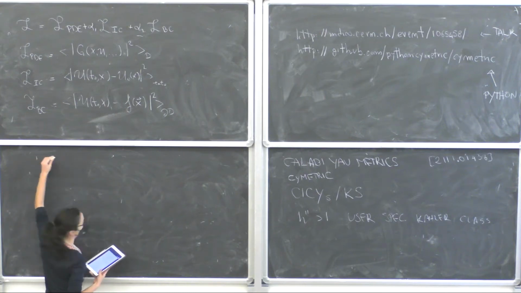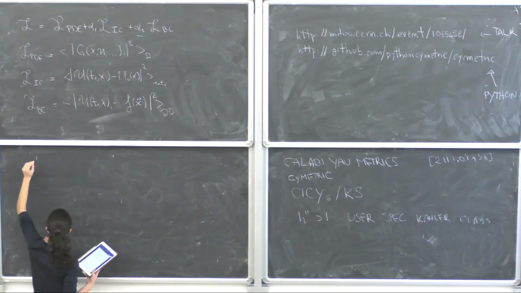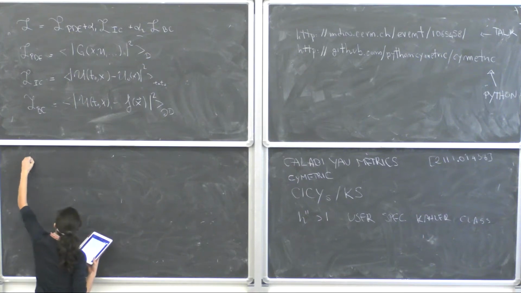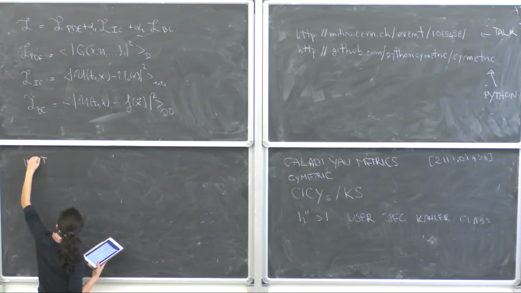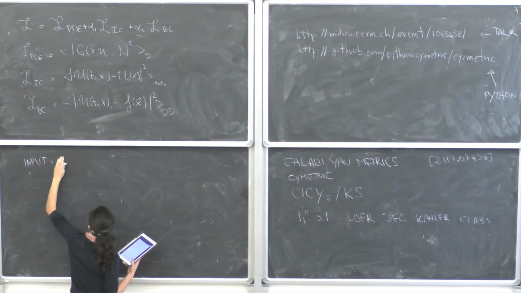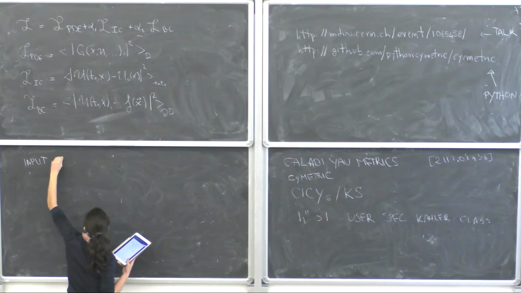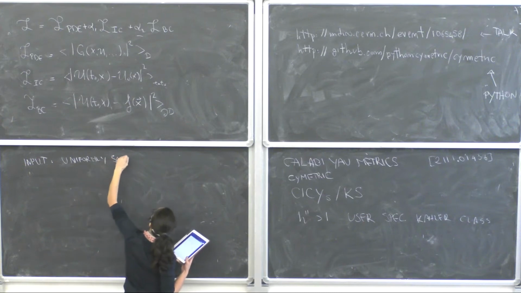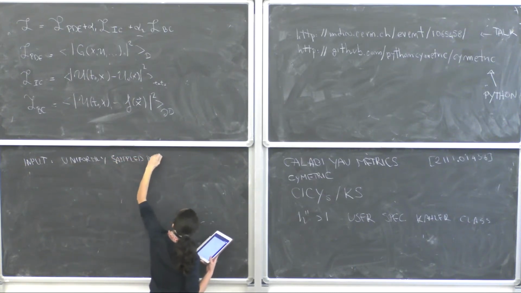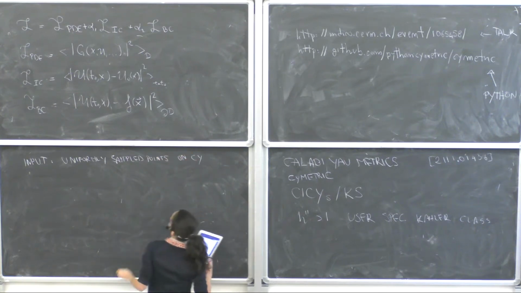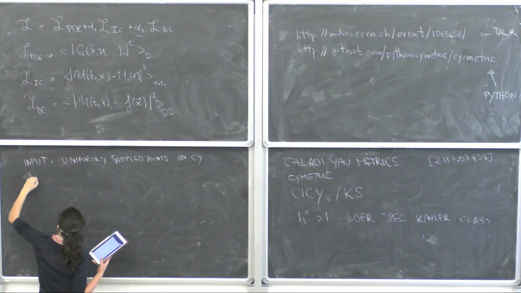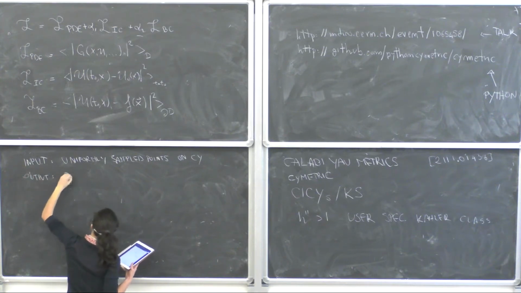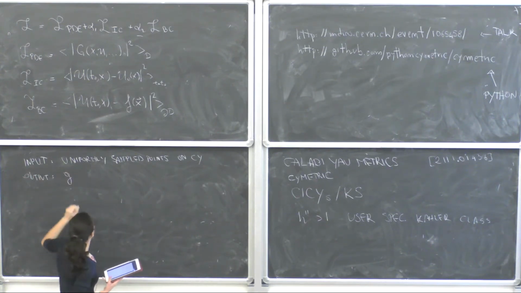The input, and this is a completely unsupervised method, by the way, which means that in principle you should like it a little bit more, is going to be uniformly sampled points on the Calabi-Yau, and the output of the network should be the Kähler metric. Actually, this is not completely true,